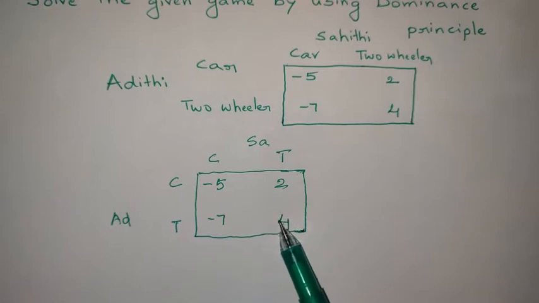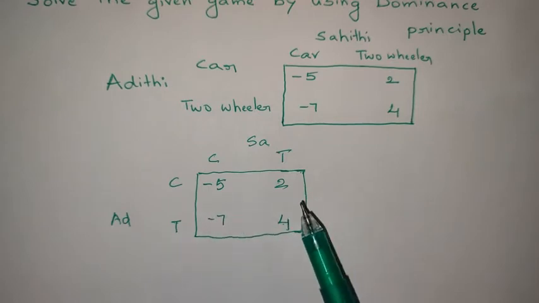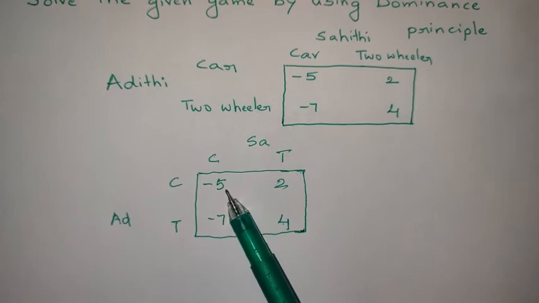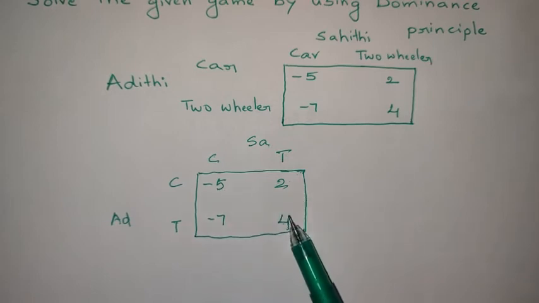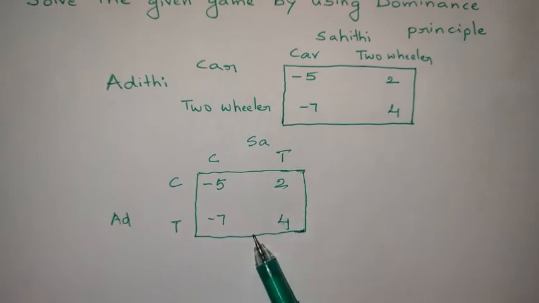That means the row 2 value is higher. But we need to check that the entire row is dominated by or dominates the other row. Only in that situation can we eliminate either a row or a column. Here, in the first value row 1 is higher, in the second value row 2 is higher. So completely it is not dominating the other row. That's why we cannot move to the next step.